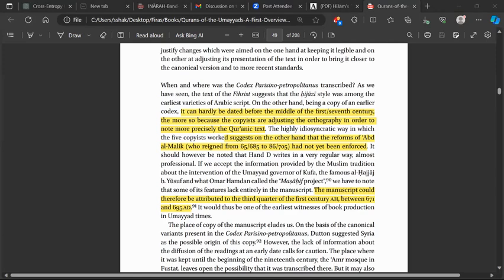Basically, we have a lot of manuscripts nowadays. So we have quite a few manuscripts which we can date to the 700s, around 710, and we can do it with some confidence, based on the similarities with Abdul Malik's inscriptions. I think this is a pretty solid argument.